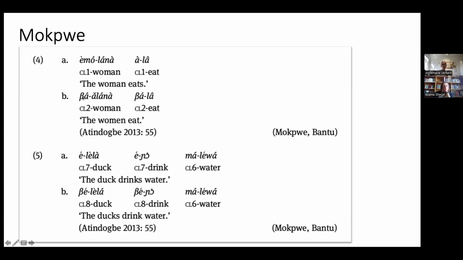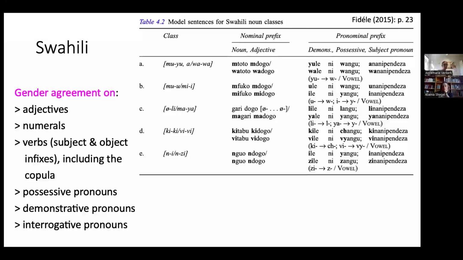So the classes typically go together, where there's typically a singular and a plural. Class 1-2 nouns are typically for humans. Then we have type 7, 8, 9 nouns. They have another semantic underpinning. So that's really what many Bantu languages are like. And they do that on a range of targets. It's not just verbs. Anyway, we have another example coming up now, which illustrates that, which is Swahili.